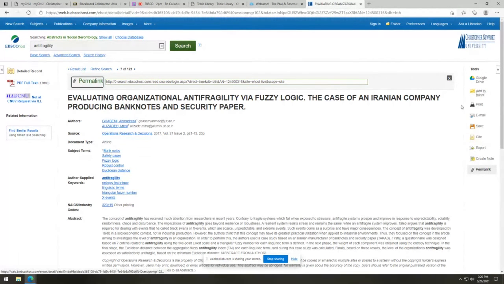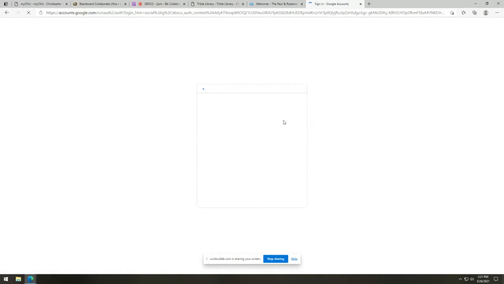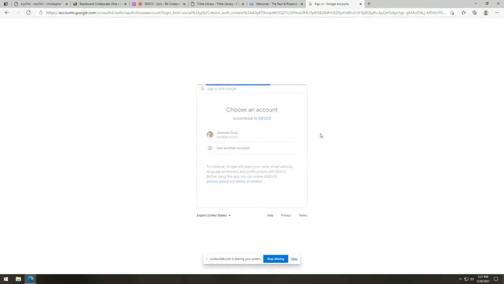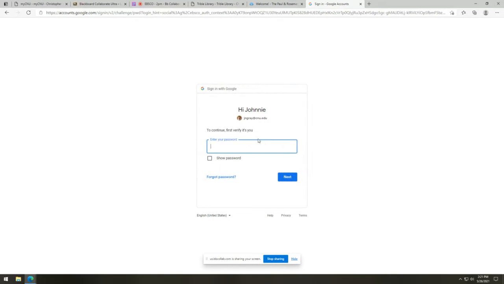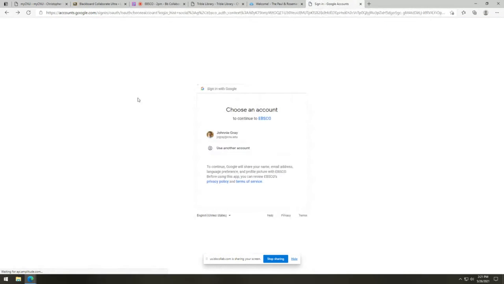Now, with the add to folder, if you look up here, you can actually create a free account in most databases to save your research. And I'm going to log in with Google. There's me. And my password. Let it do its thing. Oh, this happened earlier today. Let's just go back. They may be having a problem today, but